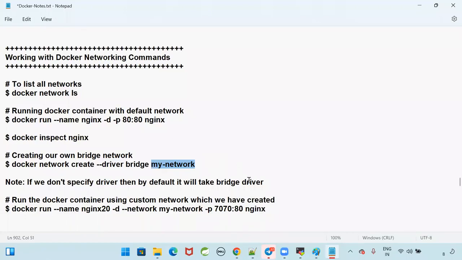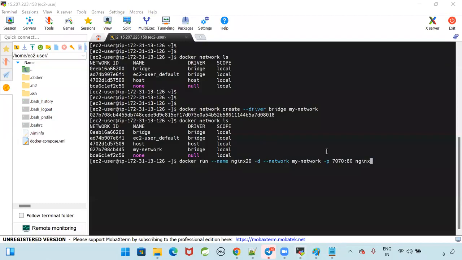Now how do I run a container by using our own network? This is the command: docker run --name nginx20, -d for detached mode, --network, where I specify the network name to run the container, and -p for port mapping. The Nginx container will run on port 80 in the container, and in the host machine I want to bind it to 7070, with nginx as the image name. Now take this command